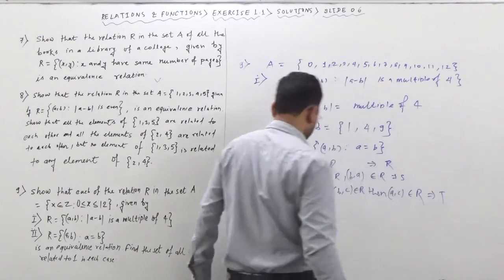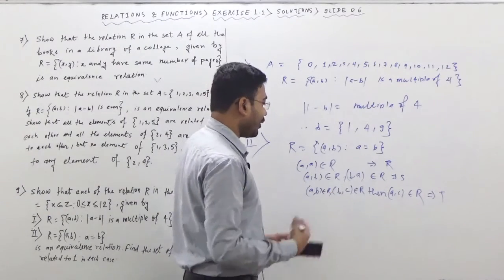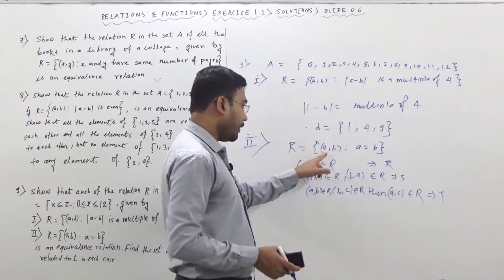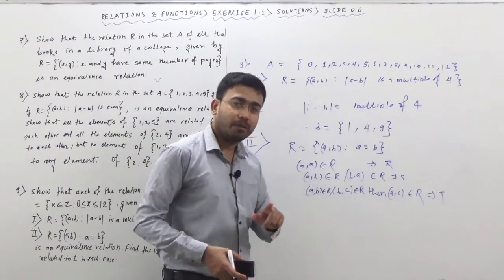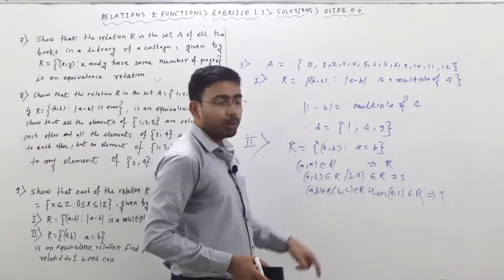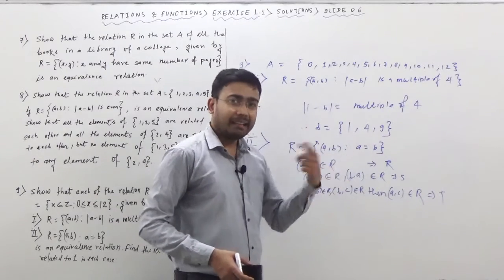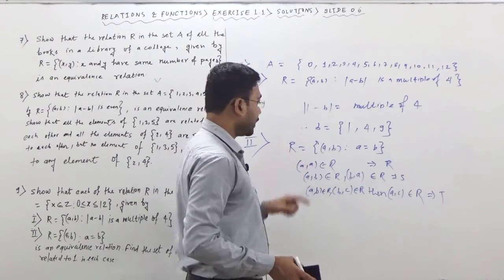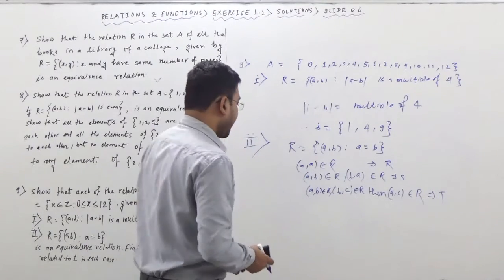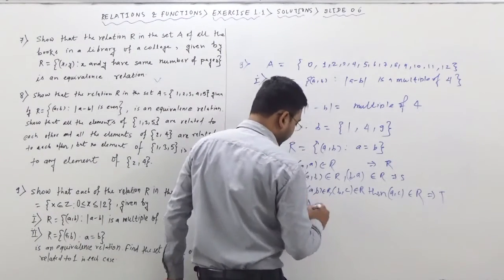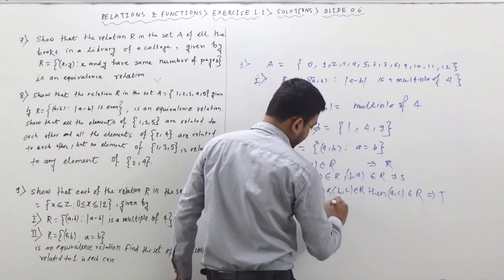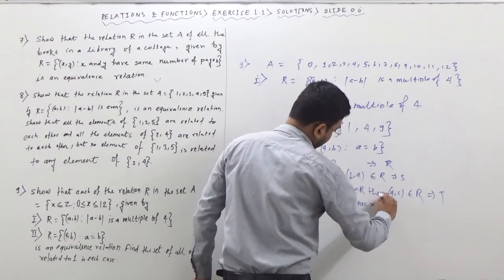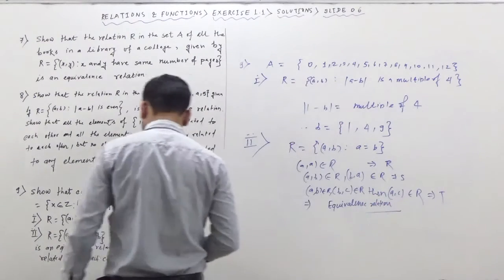Because A, B or B, C or A, C are all actually equal because of this relation itself. When we take those pairs, they are equal only, meaning we can take (1, 1), (2, 2), (0, 0), but we cannot take any other element. So how many elements are possible? 13 elements would be there in this particular relation. You can observe here, right? So if these are all three, then we will say this is an equivalence relation.